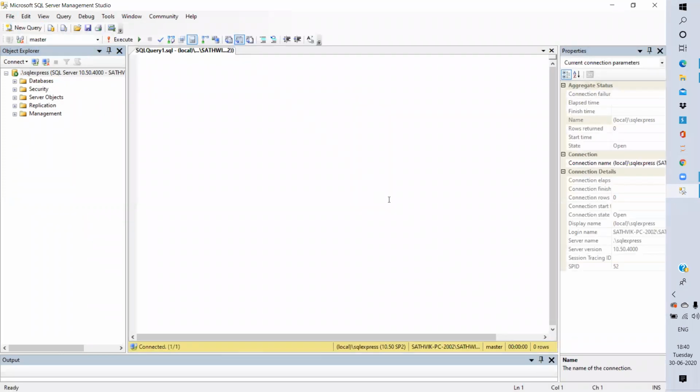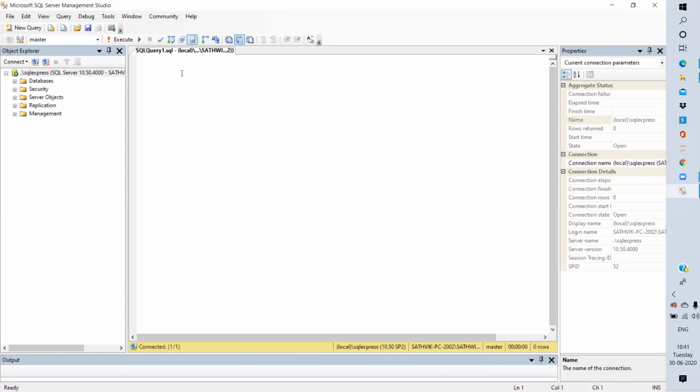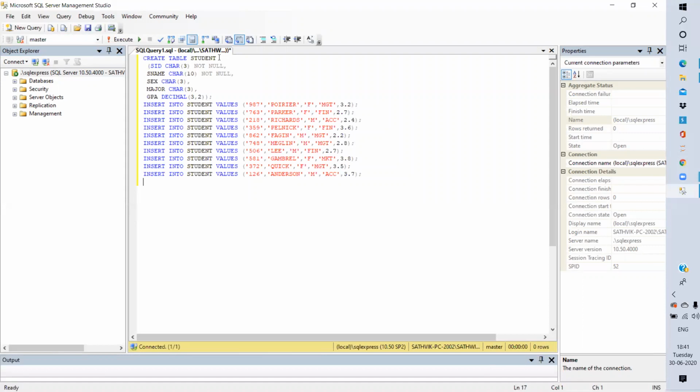Let's create a table called students. Already, I have some tables with students data. Here is the data.